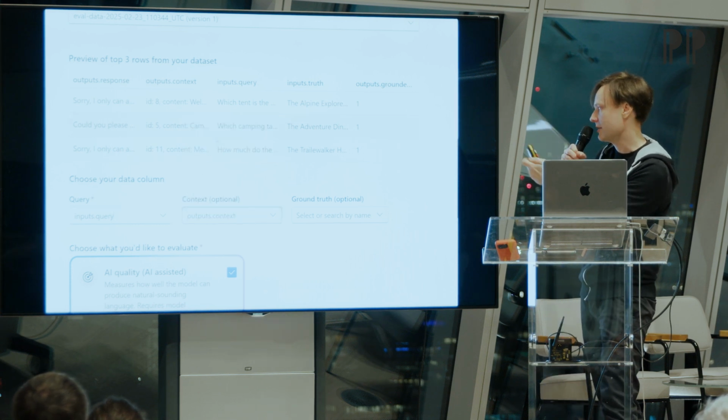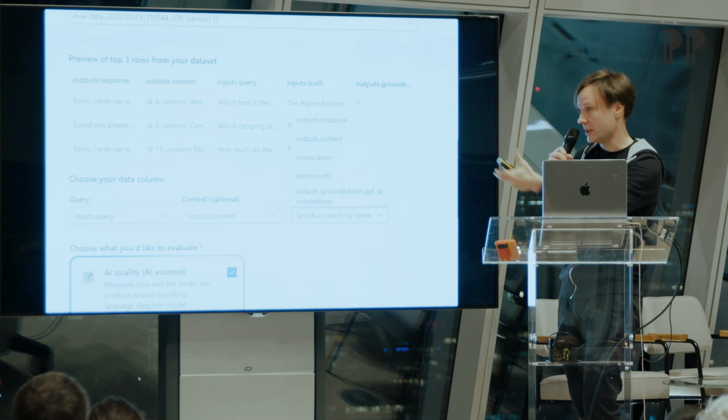There is a query, like test query. Something is a context that came from our RAG system. And truth, this is what we provided as the best case scenario. We pick all metrics, and we use like another model for evaluation of this model, just for the demo purposes. Let me use maybe not the perfect one. Let me use a bit old school one, GPT 3.5, just to illustrate that you can use different model to